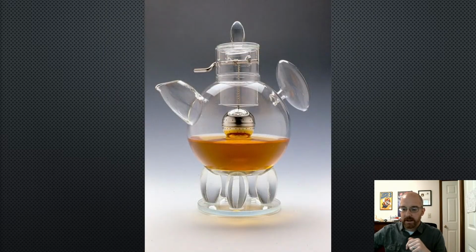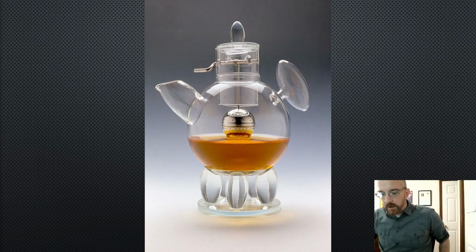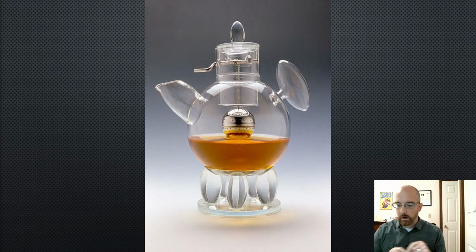So here's a teapot by architect and designer Michael Graves. It has a little ball in it, a little tea infuser where you can put your tea leaves, and this tea infuser is on a little crank, and it's on a little pulley. You put your tea in your tea infuser, it hangs down, and then you lower the tea infuser into the water with the little crank. And then you get to watch it. It's clear, so you get to watch it infuse. That's a really fun teapot because it's interactive in how you make the infuser dip into the water